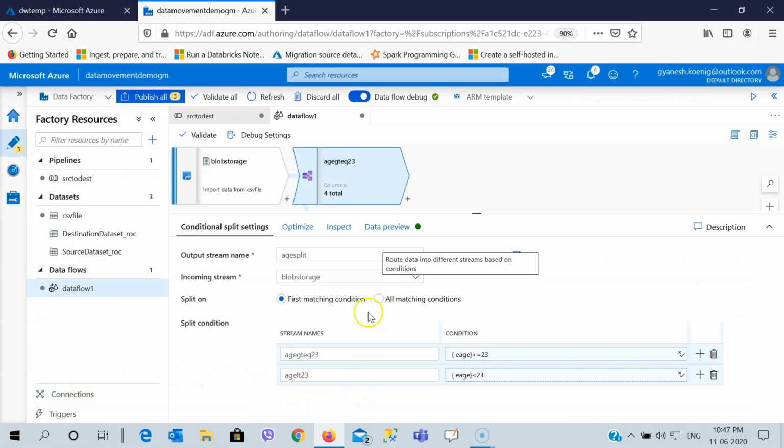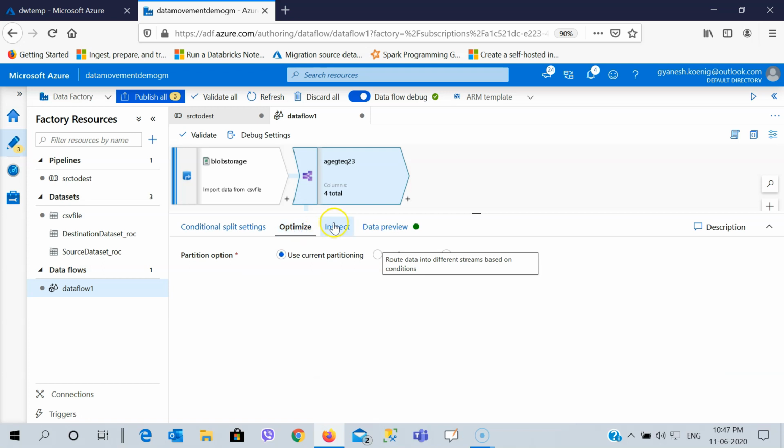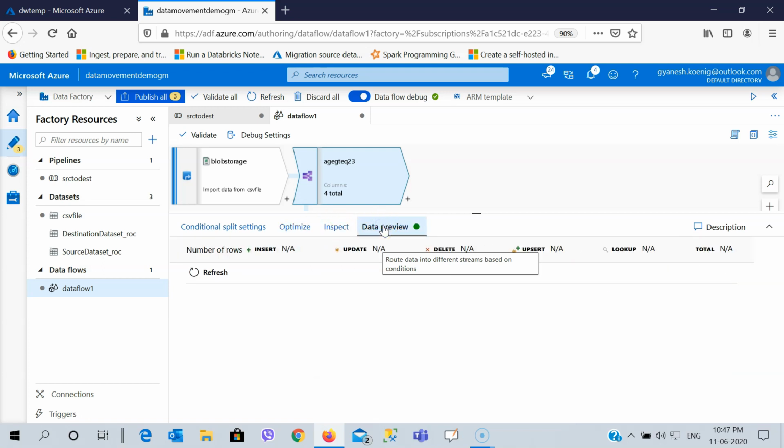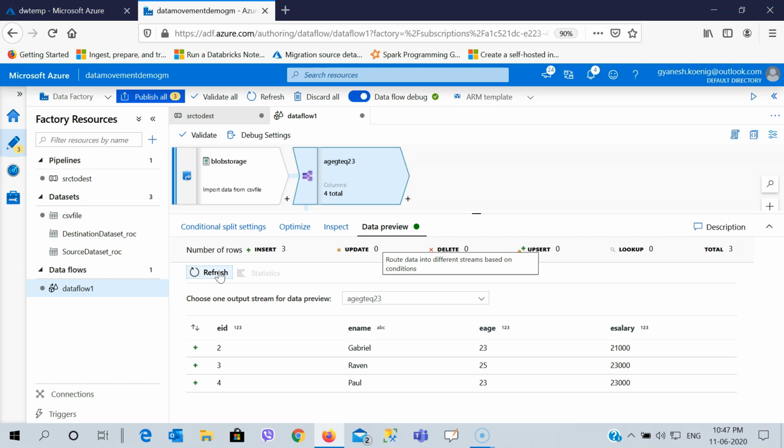After that I will go to optimize the data, inspect the data, and then I will preview the data as well. So if I click on this refresh button, I will be able to preview my data for both the conditions. The first condition that I have is when the age is greater than or equals to 23, then it needs to show me that data.